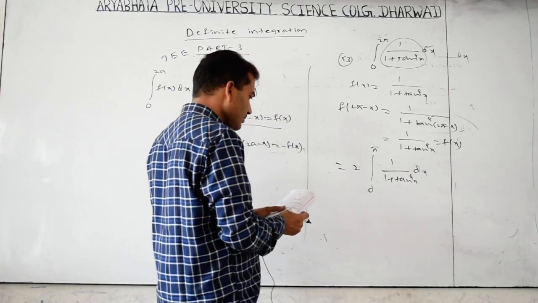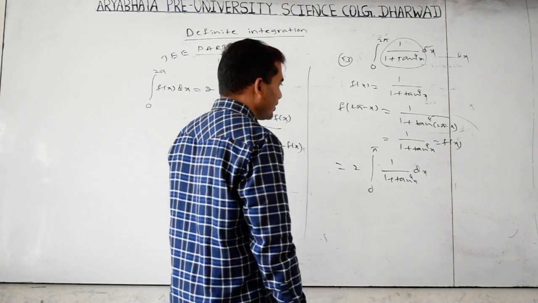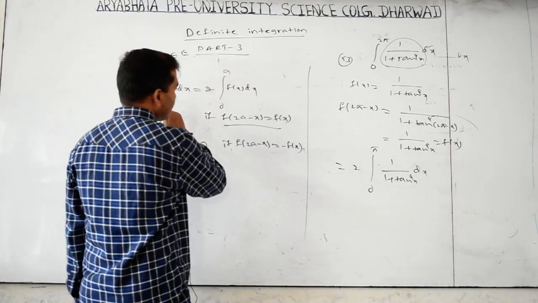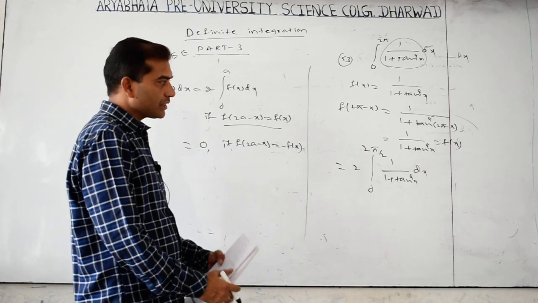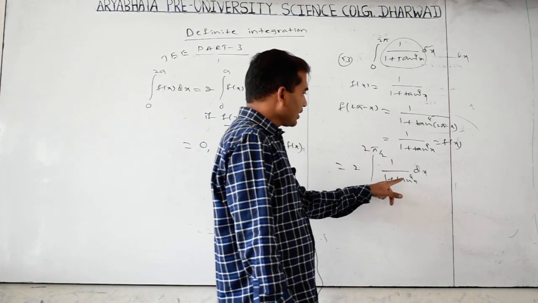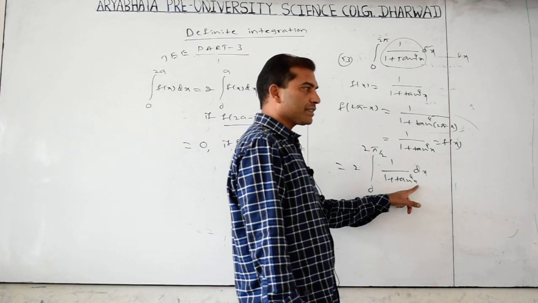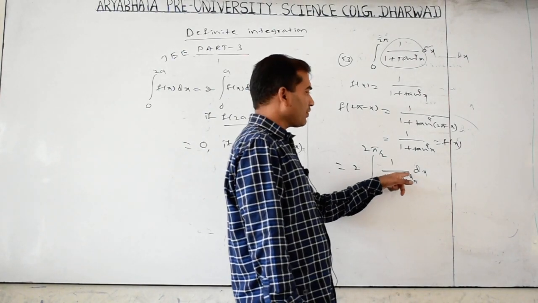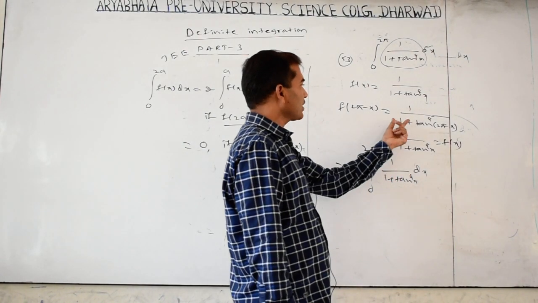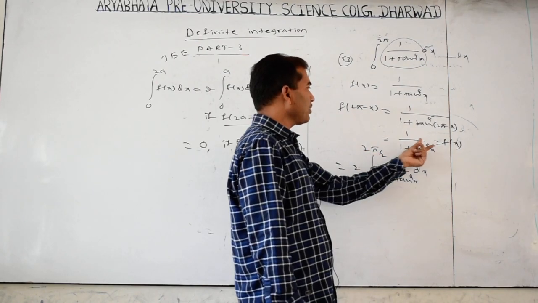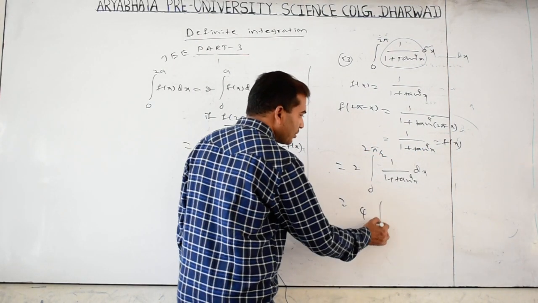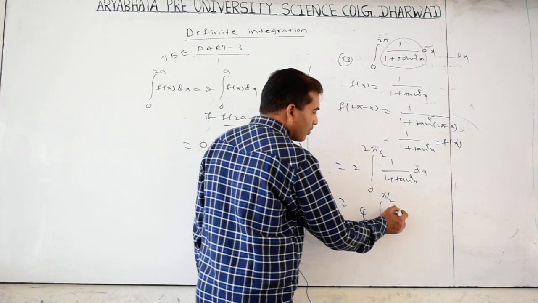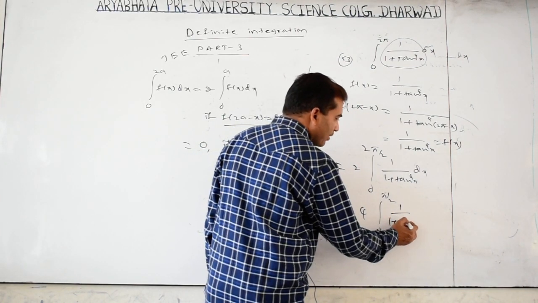Again this form it contains. We can write 2 into pi by 2 also. Then 2a here means pi minus x, which gives minus tan x, and minus of the whole power 4 is plus. Again we get the same function, f of (2 into pi by 2 minus x) equals f of x. Then again 2 comes here: 4 into integral 0 to pi by 2 of 1 by 1 plus tan power 4 x.